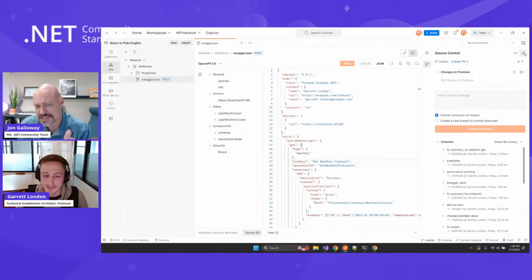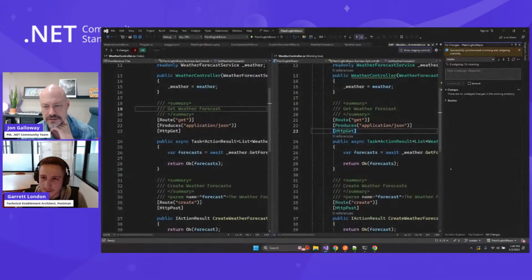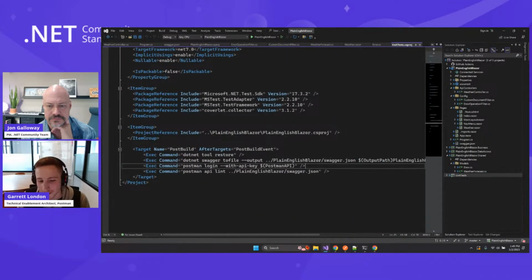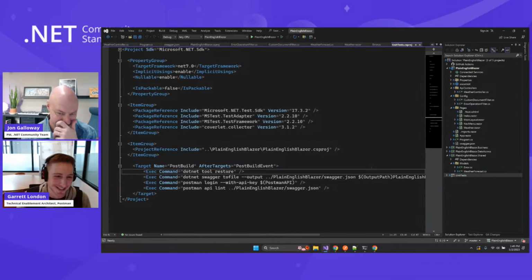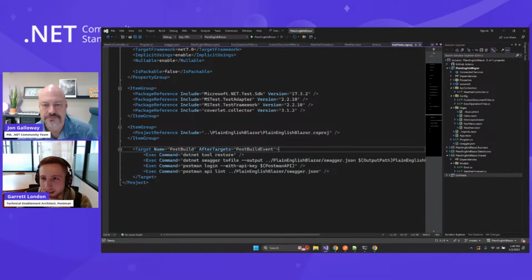And so this is an example of why you build that JSON file, why you include that in the build step. Yeah, that's exactly why I include it in the build step. Because here's the thing: you're making code changes. If you're not running your unit tests before you push to Git, chances are you've got bigger problems than just the API stuff. So that's why I put the post build trigger in my unit test project,